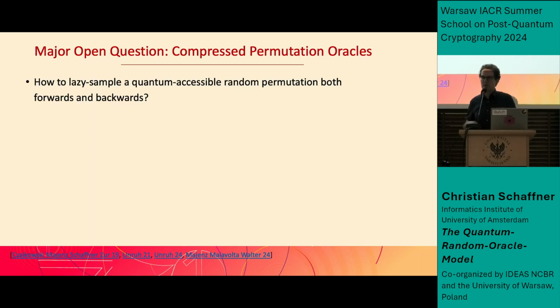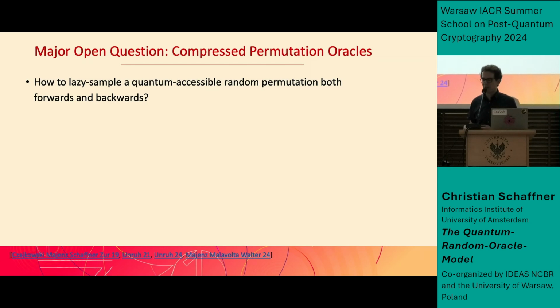So how can we lazy sample a quantum accessible random permutation, which you're allowed to query forwards and backwards? Again, classically, this is not hard. Whenever a new query is made, you just sample a random value in the forward way. When a backward query is made, you check with the list of queries you already had, and you give the according answer, or again sample a new value, and you're good. But quantumly,